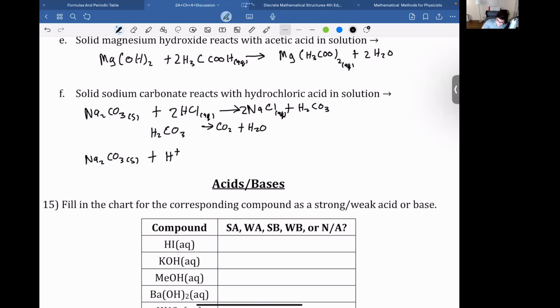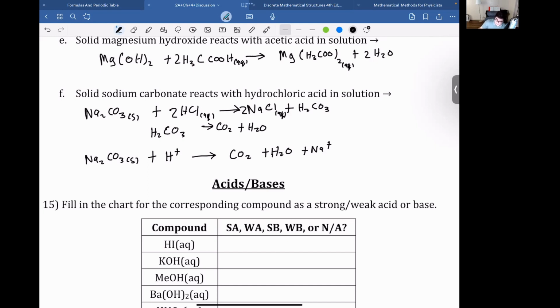And then this turns into CO2 plus H2O plus Na plus. But you do actually have to know this middle reaction happens or you'll get it wrong. So I don't think this is something that will come up on a test. I can't promise, but